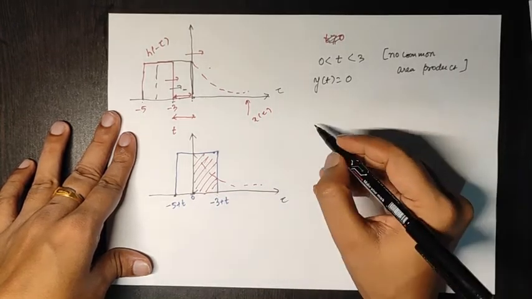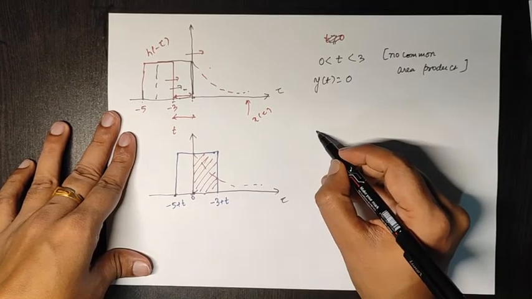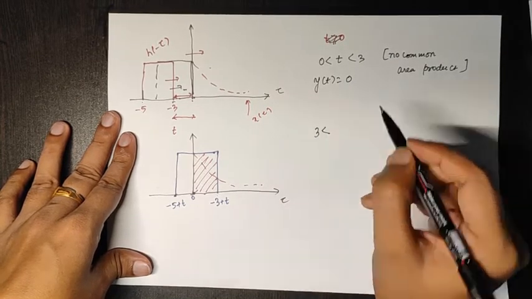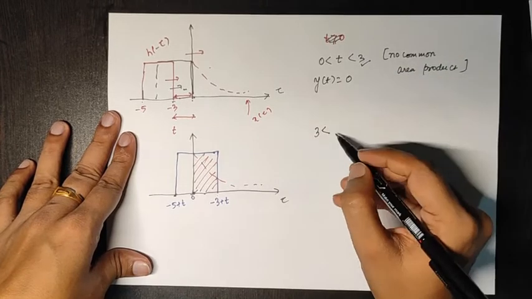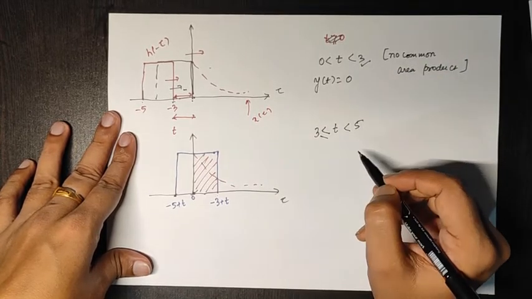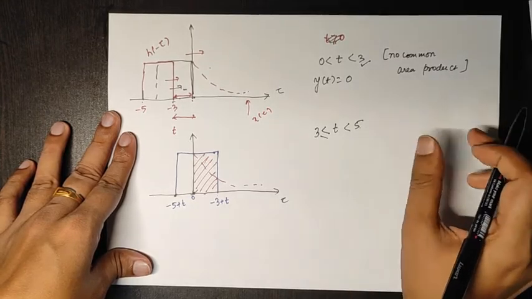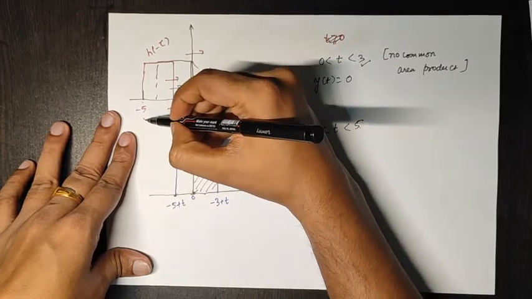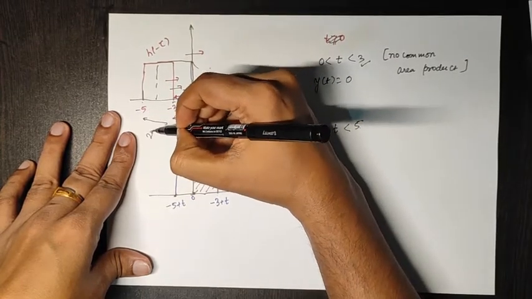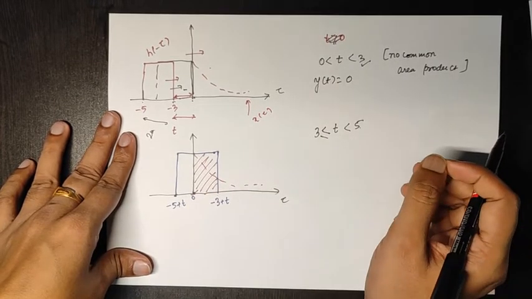So for further shifting of t, we have already shifted 3 units. Further shifting of t to 5, from 3 to 5 units, that means a total of 2 units of shifting, because this difference is of 2 units. So at max we can shift up to 2 units further.